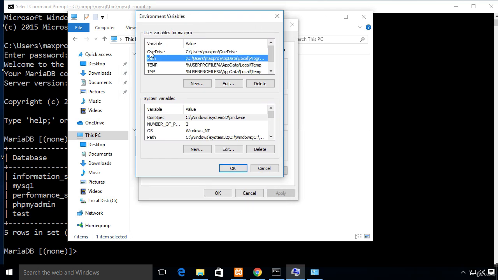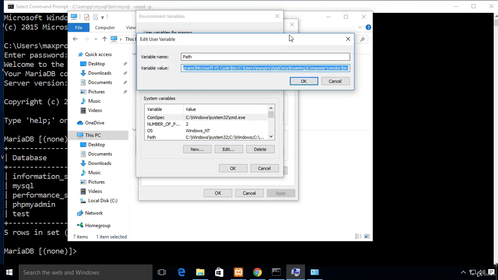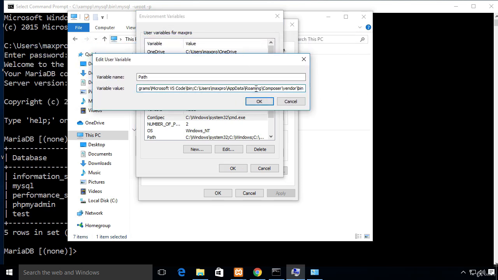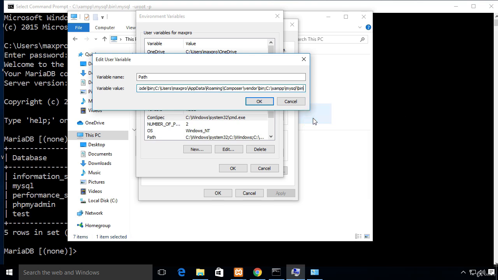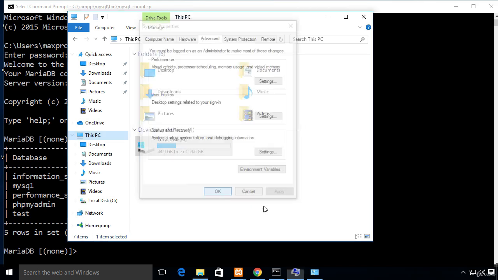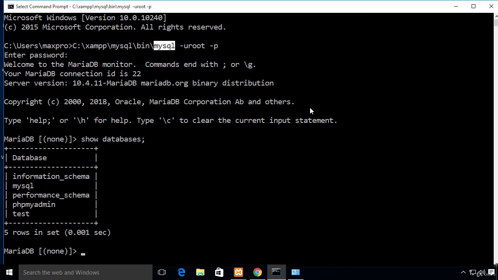This is the user path. You double click it. And at the end of this, if you want to add something else, you just put a semicolon to let your computer know, hey, I want this path that you already have to finish, and the semicolon is for the next one. You're just going to paste that in there. We paste what we just copied, the path, and press OK, and OK, and OK, and just get out of there. Now if I do exit here,